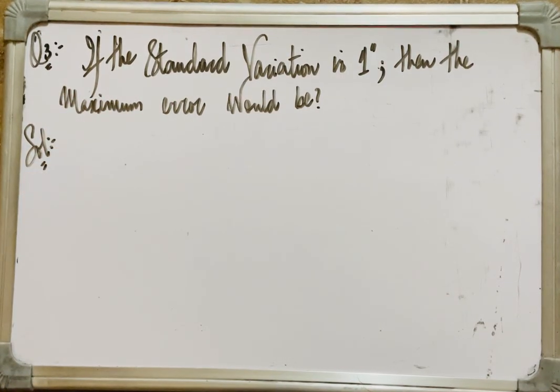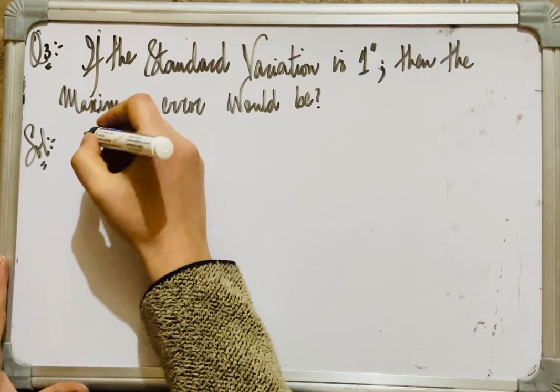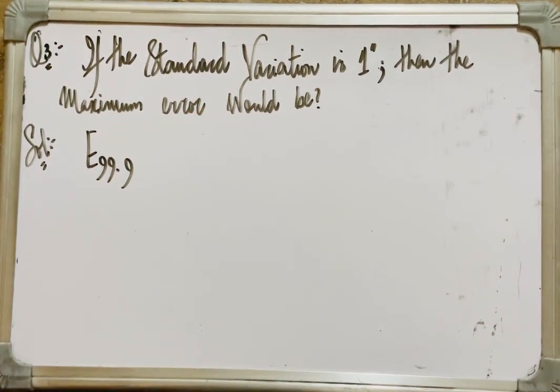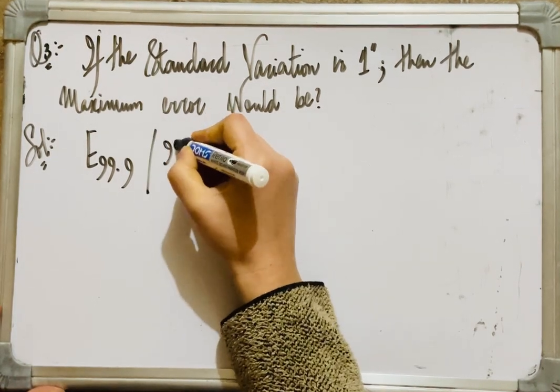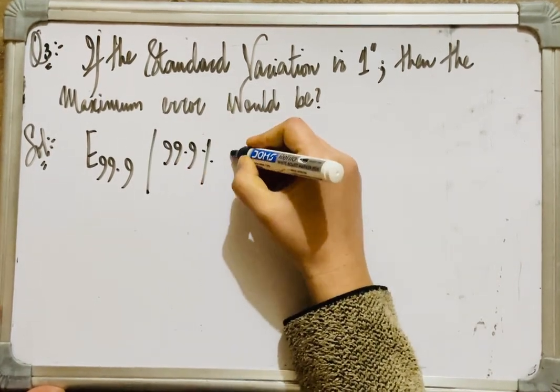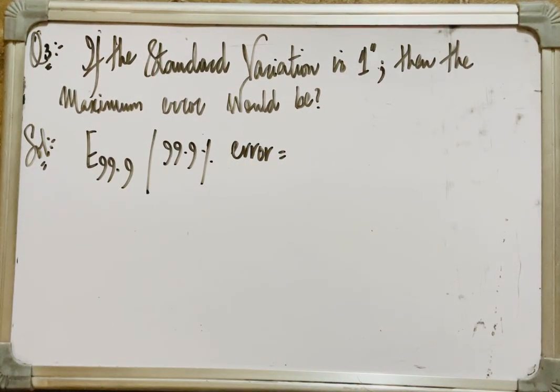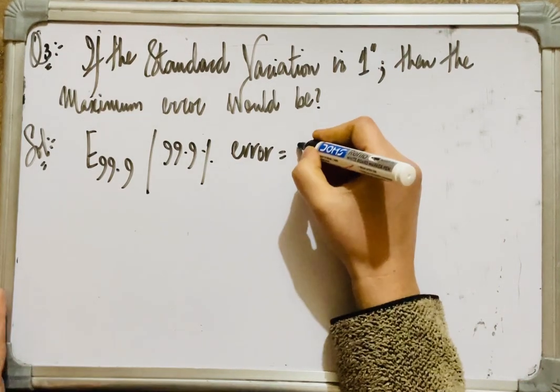The question is, if the standard variation is 1 second, the maximum error would be. We know that maximum error is given by E99.9, and this is known as 99.9% error. And it's expressed as E99.9, and we know that it is equal to plus minus